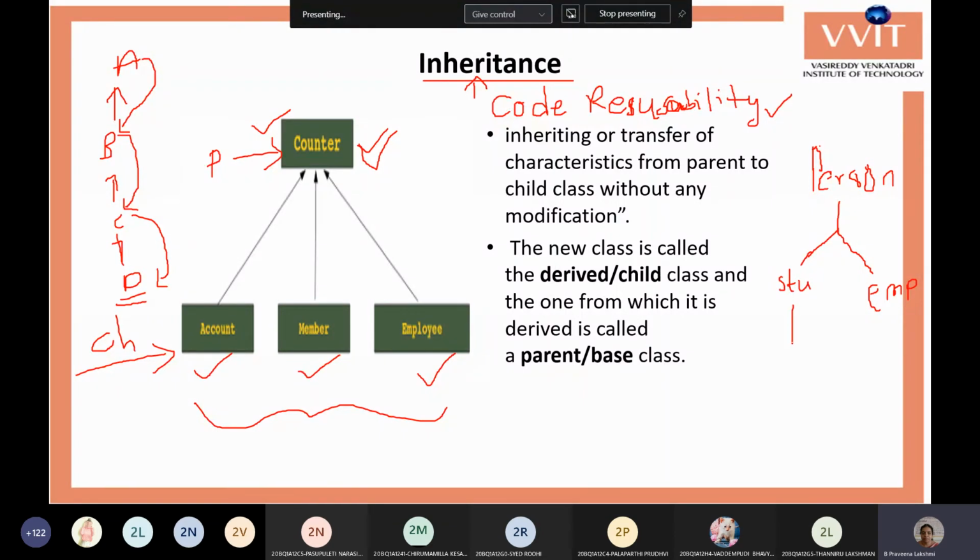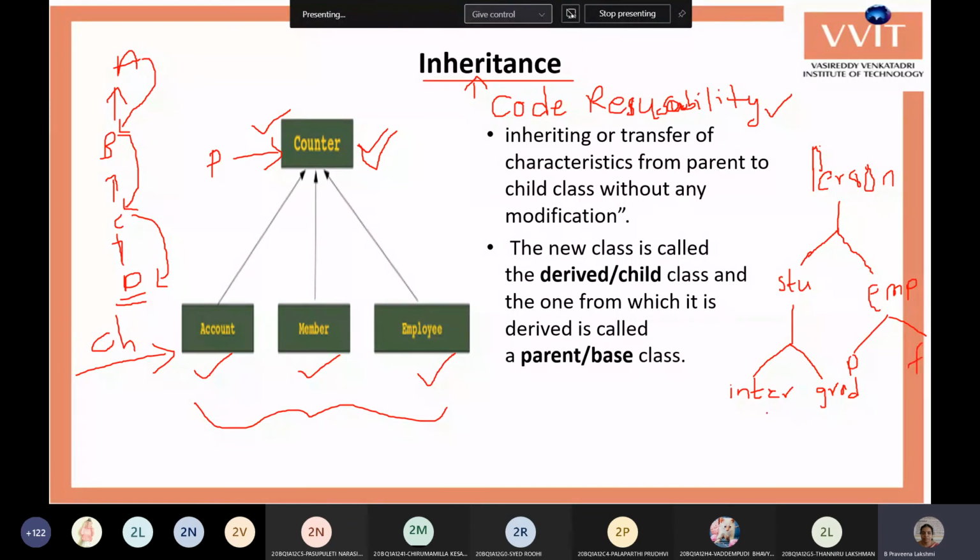From the student there might be a number of different students. The student may be doing inter, or graduation, or a PG. An employee may be of different types, a part-time employee and a full-time employee. So they have different data.